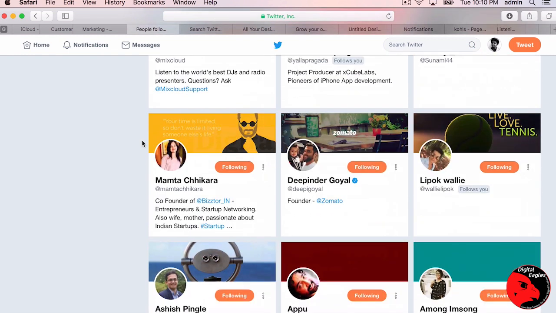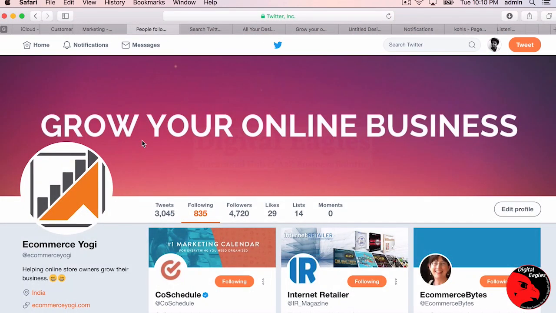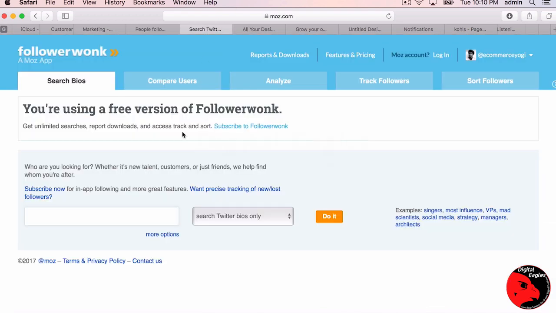Once you know how to set up a Twitter profile, now it's time to connect with influencers who are in your industry on Twitter. For that, you'll be using a tool called Follower Wonk. Follower Wonk is a tool which has been bought by Moz, and Follower Wonk has a free trial too. So you can just create a Follower Wonk account by going to followerwonk.com or moz.com, and you enter